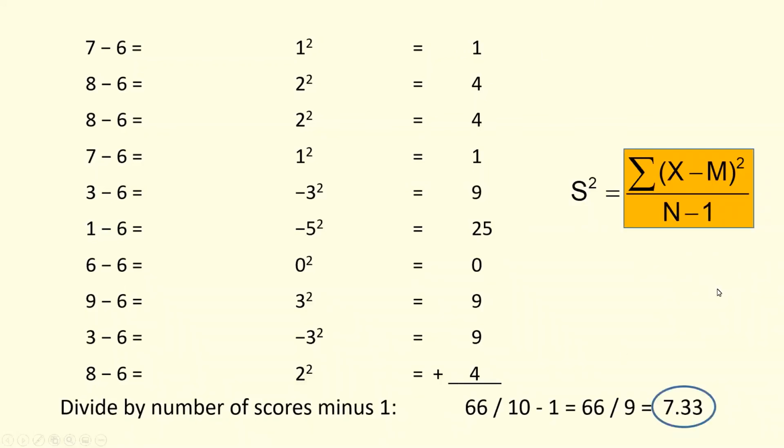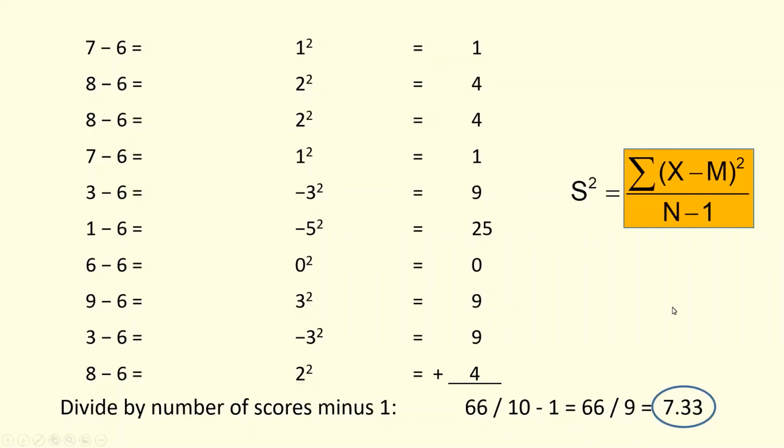Now we're at the last step here. So our whole formula is highlighted now. We're focusing on dividing by n minus 1. And so I'm going to divide. We have 10 scores here. Let me go back to my original sample scores here on the left. 1, 2, 3, 4, 5, 6, 7, 8, 9, 10. Dividing by 10 minus 1. So 66 divided by 10 minus 1 equals 66 divided by 9